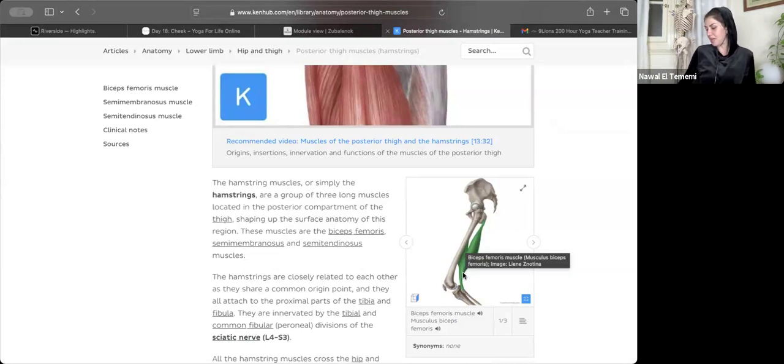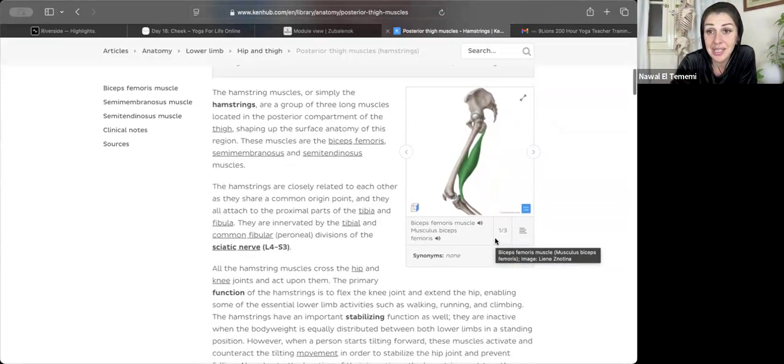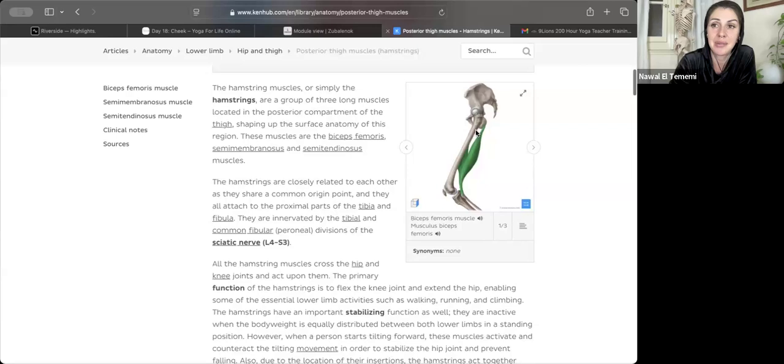If I bend my knee backwards, it's going to do your biceps femoris, which is the back of the leg bicep, which is the same as doing this. So these hamstrings get really, really tight, and it's very possible if people don't